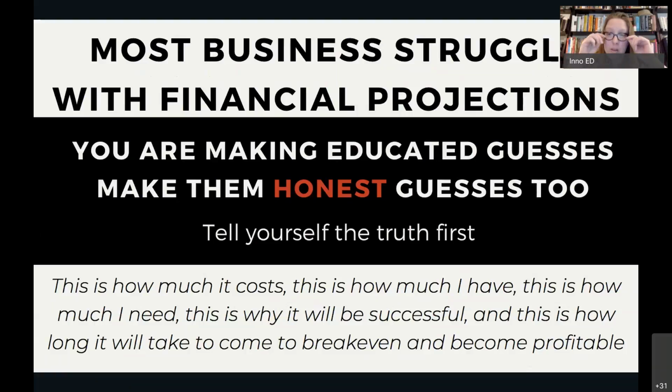And one way to do this is to set two sets of financial projections. What is a good case scenario and what is a worst case scenario? That way you are preparing yourself for both of those scenarios and understanding how much runway do you have to keep trying this portion of the idea versus when do you need to pivot so that the money works out a little bit better.